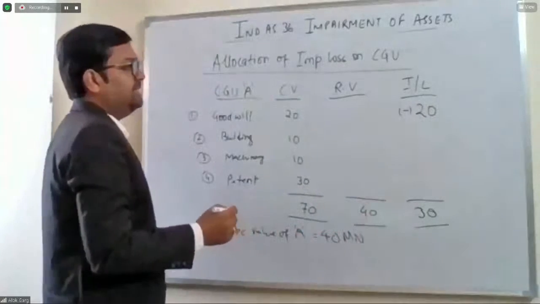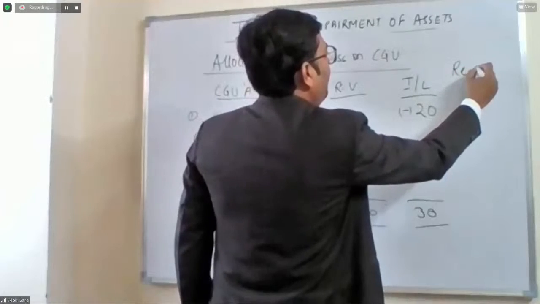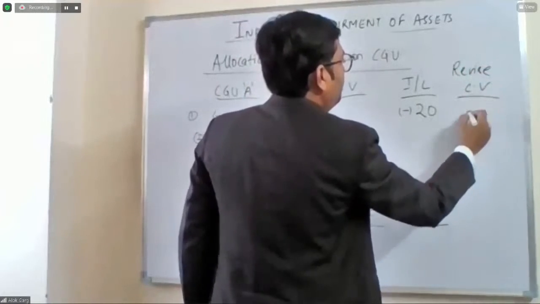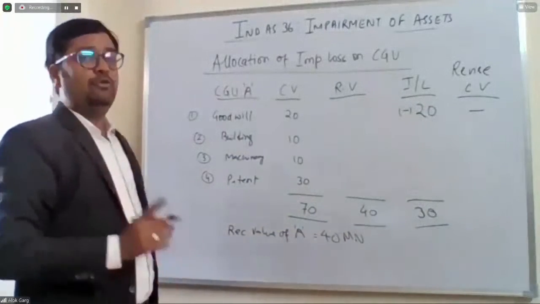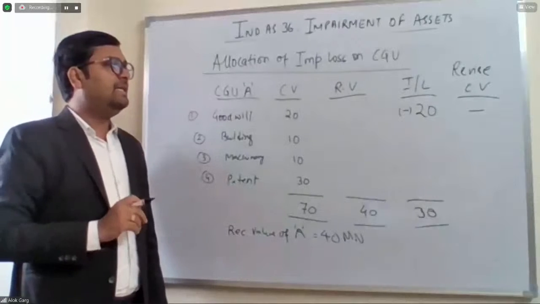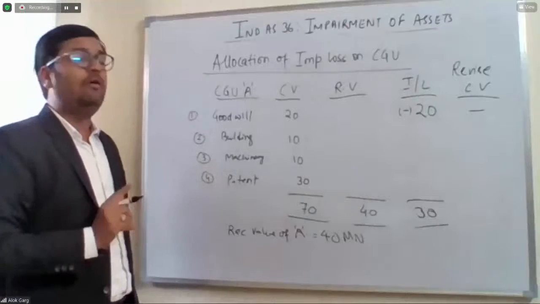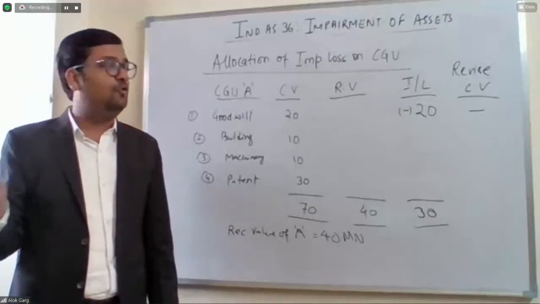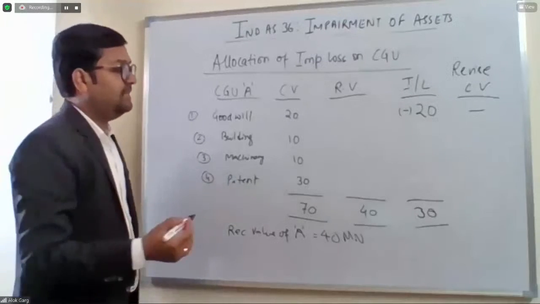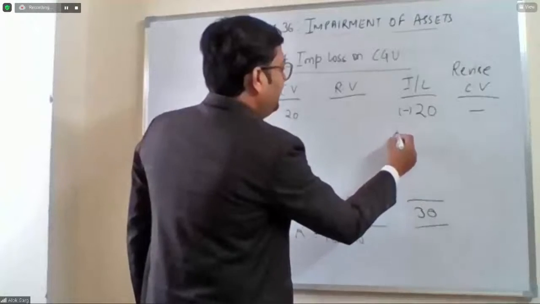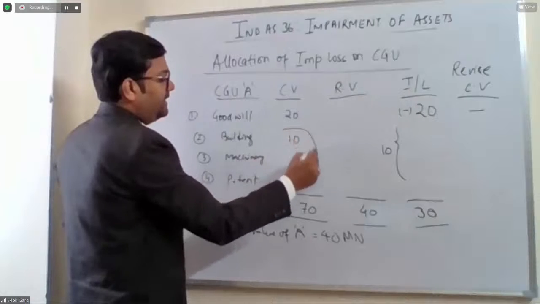And in this case, the revised carrying value of the goodwill will be zero. Now I go to Ambika. So Ambika has told me, sir, it has to be allocated pro rata on the basis of carrying values. Now Ambika, I have used the point mentioned by Kaustav. Now I am using your answer. So yes, the remaining 10 million I need to allocate in the ratio of the carrying value of the remaining assets, which is